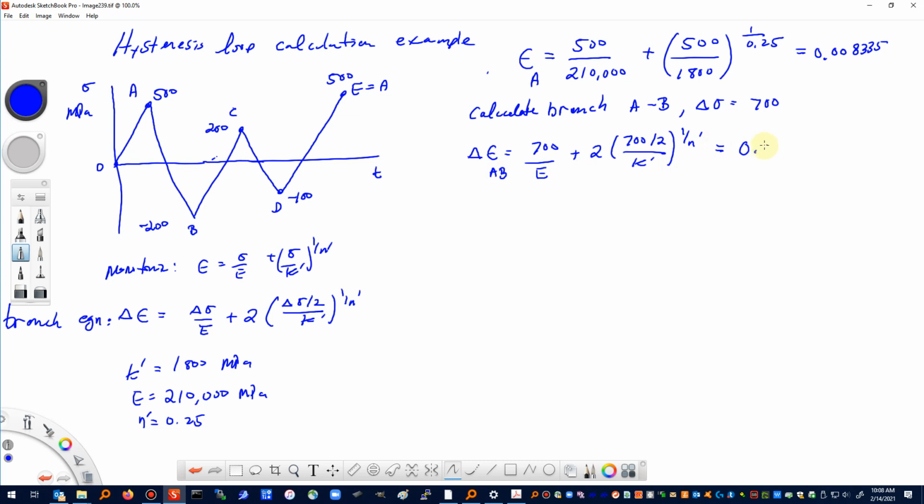I got 0.0061922. Okay, carried on a few extra digits there, but basically I wanted to have enough so I can do this subtraction. So what that tells me is that I did not get into the negative territory. If I take the strain at A and subtract this delta epsilon AB, I end up with a small positive value. So let's go back to this picture